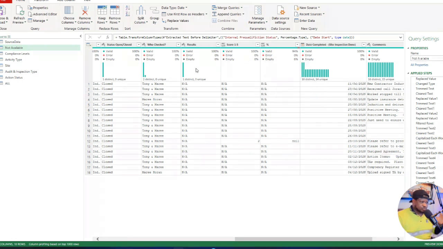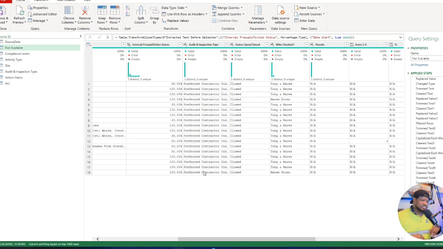So basically we created a separate query and did a cleanup and everything, and then we did a DAX calculation on it just to understand how many of the "not available" we have, which are without a score. So that's it. And then again,